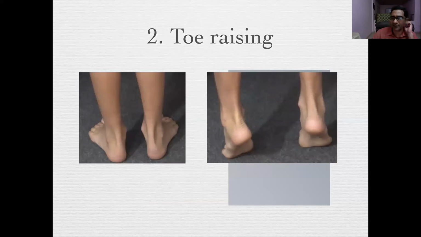The toe raising test tests for heel flexibility. If you find a deformity, like in the first photograph, this is a valgus heel, and you can say that the patient has a valgus deformity of the hind foot. But when you ask the patient to rise on his toes, you will find that the heels have slipped into varus. This shows that the deformity is not fixed. It is a mobile deformity. So this is the toe raising test.